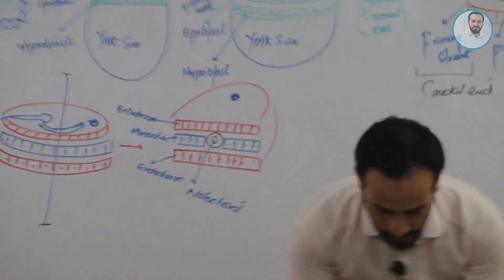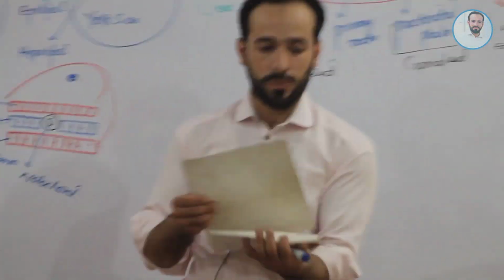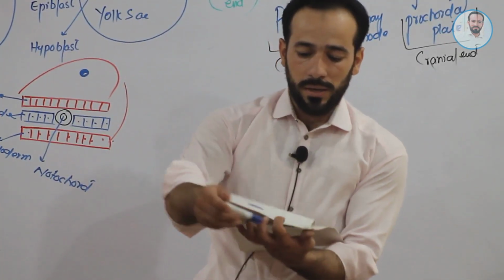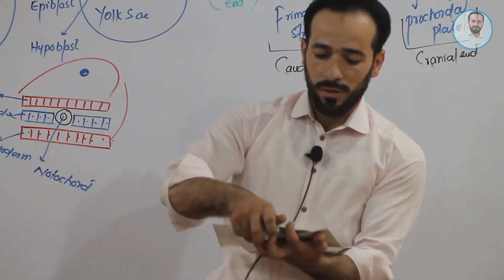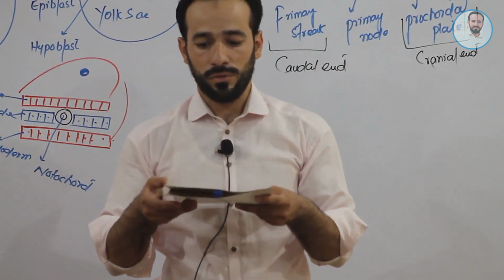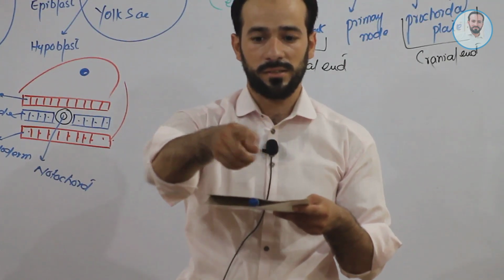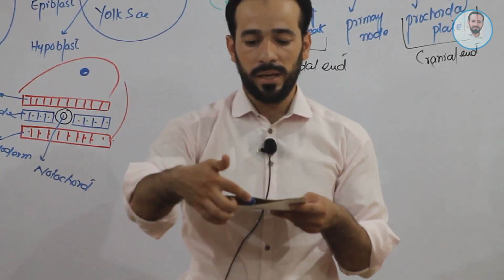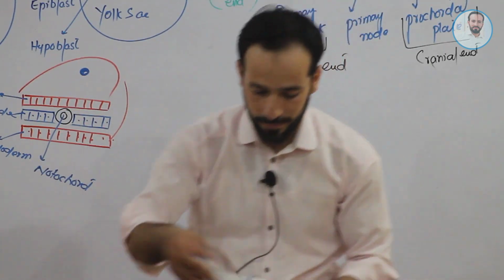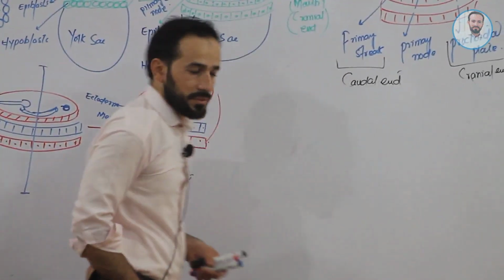Let me show it here for better understanding. Let us consider this is our ectoderm, this is our endoderm. In between these two there is mesoderm, and here is the formation of the tube, the notochord. This is our notochord, right? So here are cells which are mesodermal cells, here also cells which are mesodermal cells. This is ectoderm, this is endoderm, and the notochord is formed, the tube is formed, right? Okay. This is our notochord. Now let's move forward and see what happens.